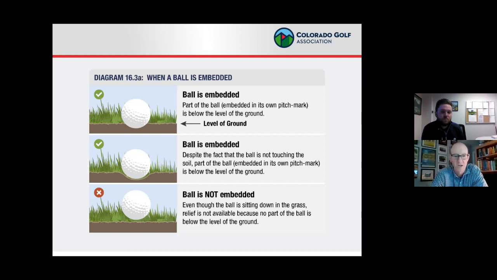The final one, the one on the bottom, is not, because if you think of the plane of a goal line, like in football, that ball has not broken the plane of the goal line. I'm taking the position that neither Rory McIlroy's ball nor Patrick Reed's ball broke the plane of the dirt because they bounced. Now, in fairness, neither player saw their ball land, so they didn't know, and they're doing the best